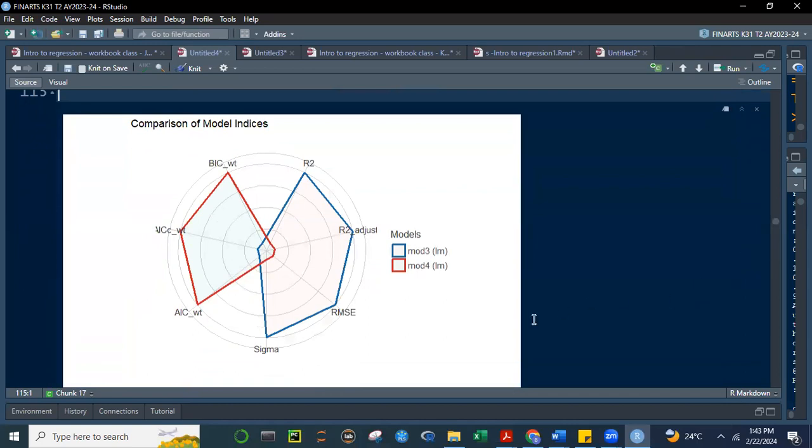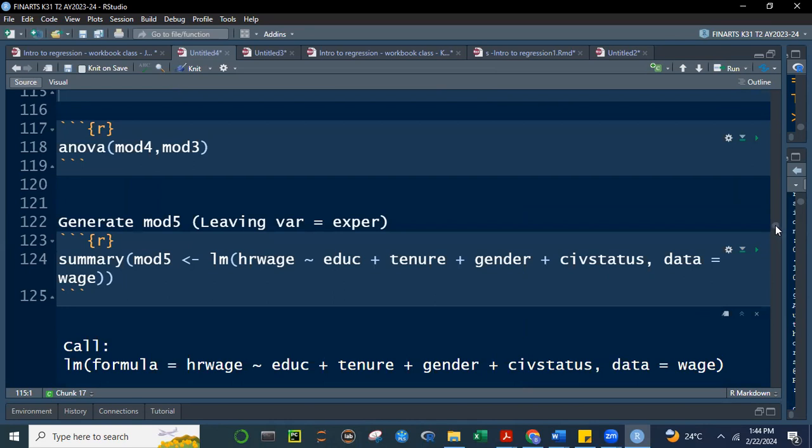So, medyo ano na, no? Medyo parang lumiit yung certainty na mas maganda si model number 4, yung restricted model. Kasi si model number 4 is beaten already in terms of R squared, adjusted R squared, Ramsey, and sigma. So medyo panalo lang siya dun sa BIC, AIC, at saka AIC corrected. Based on this, no? Based on a comparison of the model. All right. Pinaplot lang naman niya, class, yung